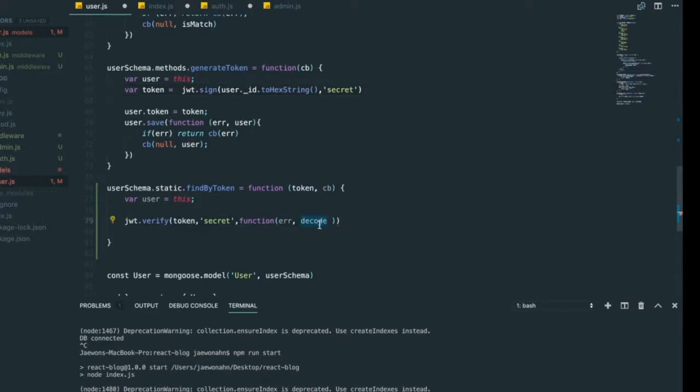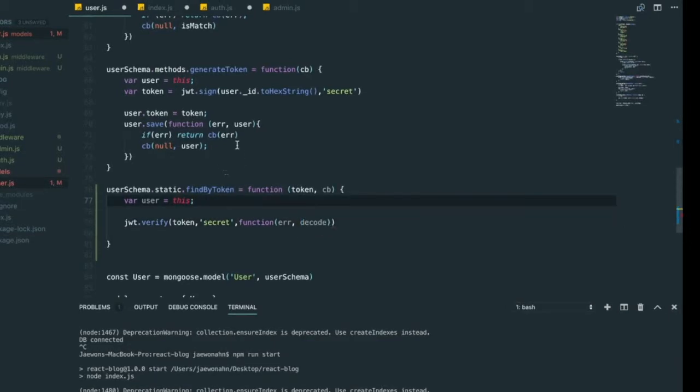So this decode will be just the user ID. So after decoding, if we can get the user ID, that means it is succeeded. And if we didn't get the user ID after we decoded this token, that means that we couldn't find any user with this token. So in here,